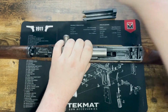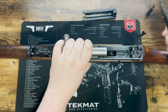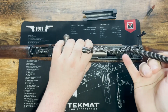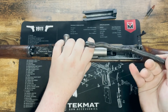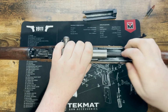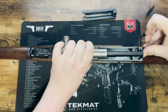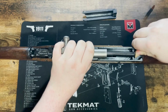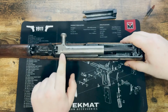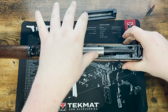Now we have our spring. One thing I see people do wrong while it's opened, to point out to you guys, is when you're reassembling this, you want to make sure that the non-straight side goes in first. And we're going to compress that. It's actually going to sit around that lip. That's going to press that forward. And when this is all put together and everything, it actually